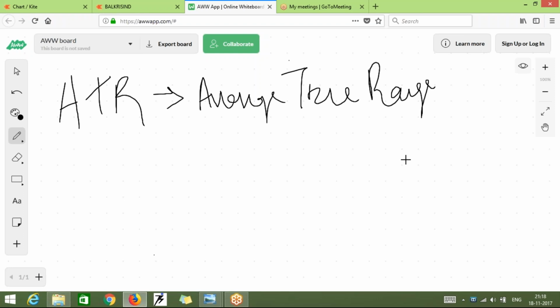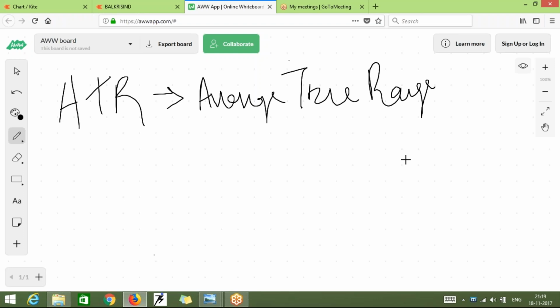ATR was developed by the same person, Wilder. We have already read two to three indicators developed by Wilder. ATR is an indicator which recognizes volatility. It is a volatility indicator. This indicator is most commonly used to place stop loss. This is what I was telling when I started this class, so it is very important, even for more traders. It tells you how to place your stop loss.